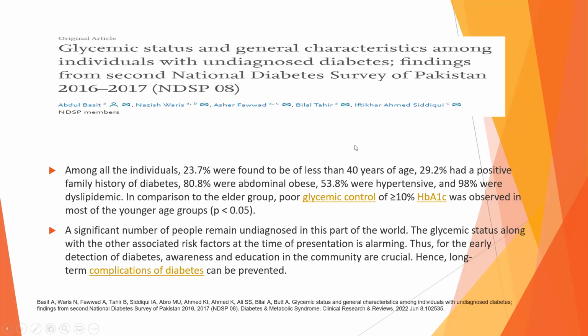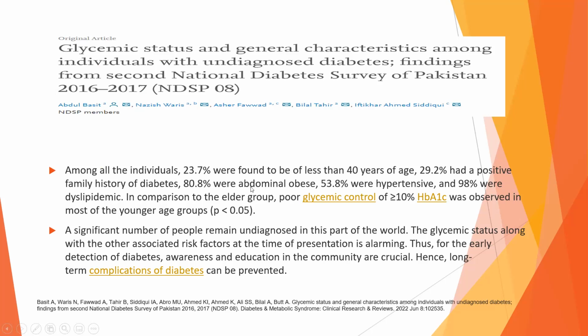This was a paper that was published with the title Glycemic Status and General Characteristics Among Individuals with Undiagnosed Diabetes. These were findings from a national diabetes survey showing that among all individuals, 23.7 were found to be less than 40 years of age, but a significant number of people remain undiagnosed, and it was related to obesity,